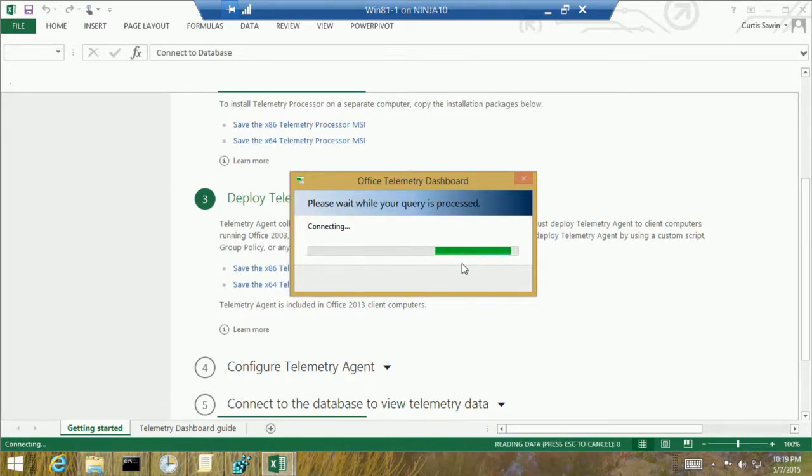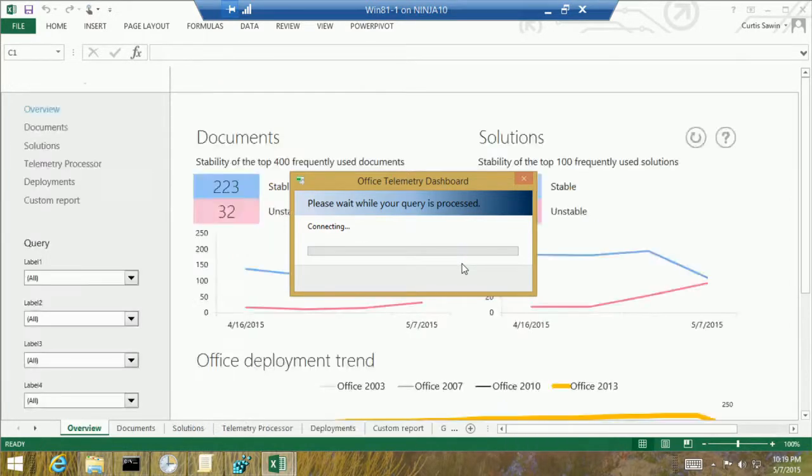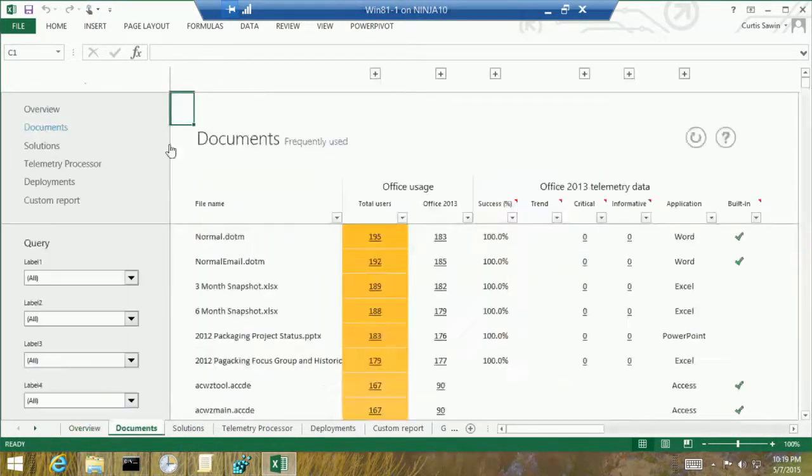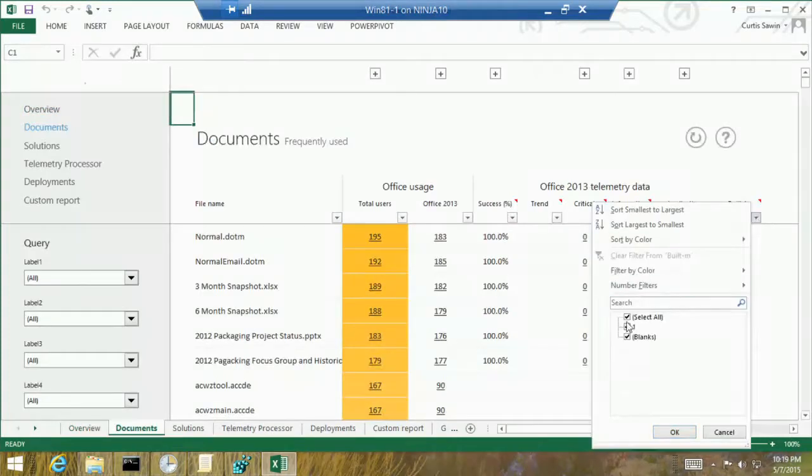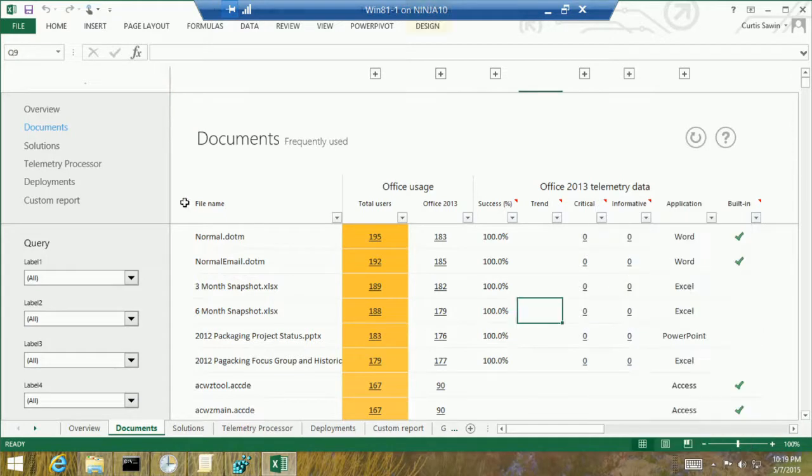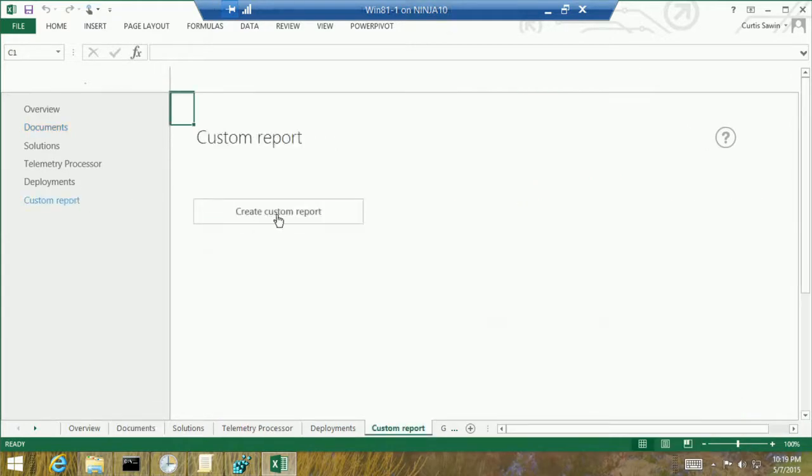And I will eventually open it. It's making a connection here. Huh, not working. So I'm going to hit the Create Custom Report button when I go to the Custom Report